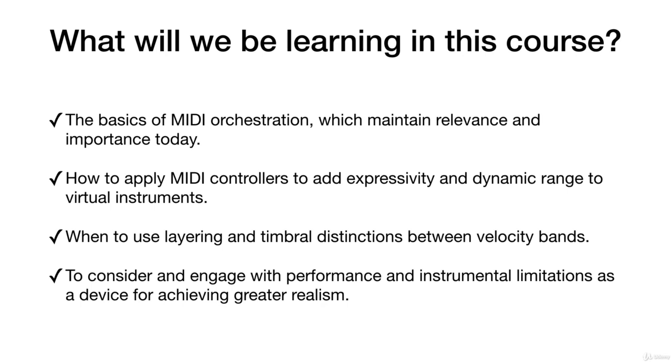It's important, especially if the aim of the MIDI orchestration is realism, to consider and understand performance and instrumental idiosyncrasies and limitations. That was a mouthful, and I'm about to say it again. Idiosyncrasies are essentially characteristics of instruments, and to create something idiosyncratic is to create something that plays to the strengths of those characteristics. In other words, if I was writing for violin, I wouldn't write for the violin as I might write for, say, the clarinet or the trumpet. So that's what I mean by idiosyncratic in this case.